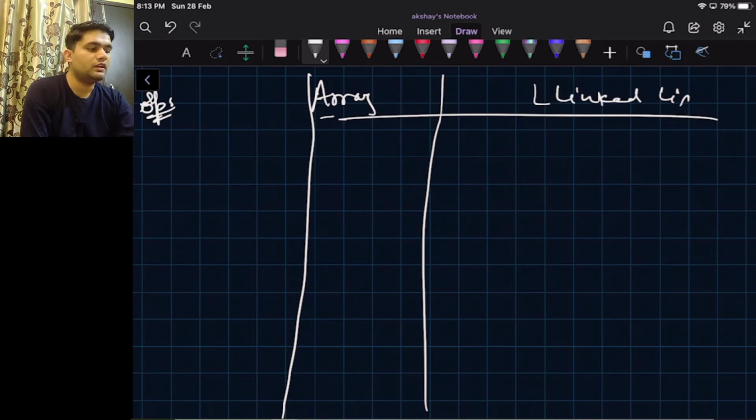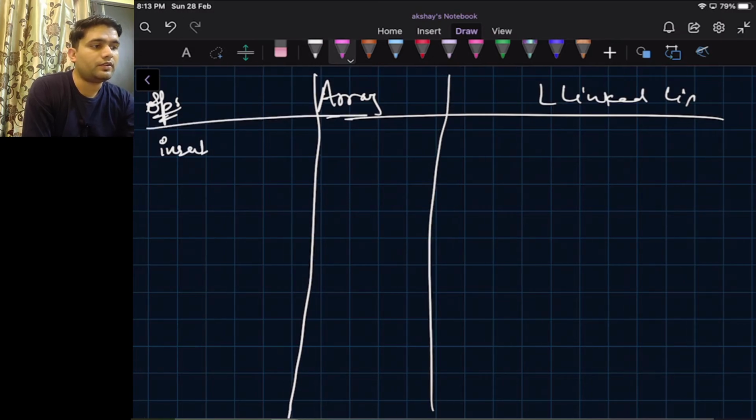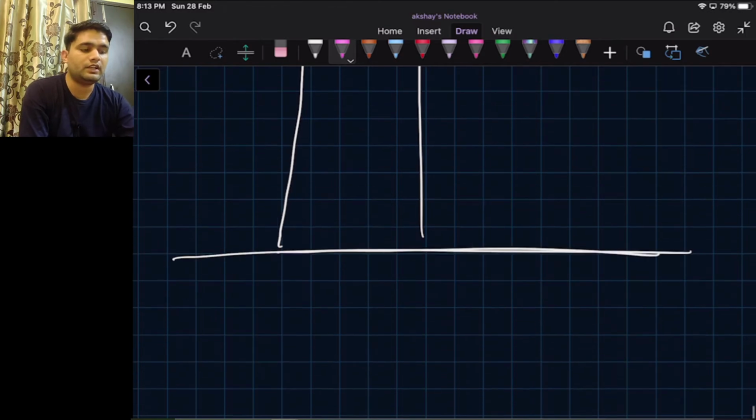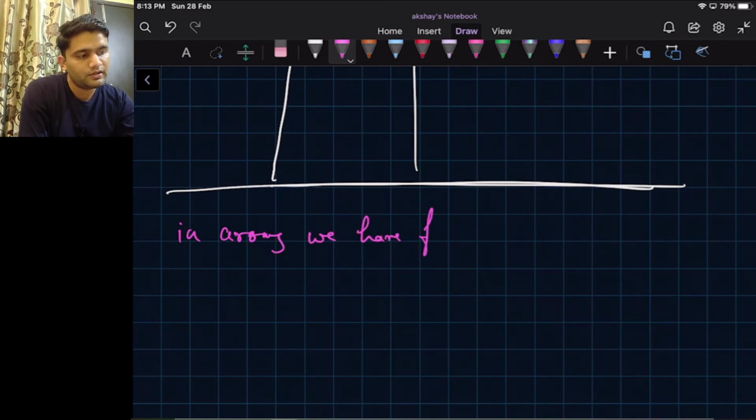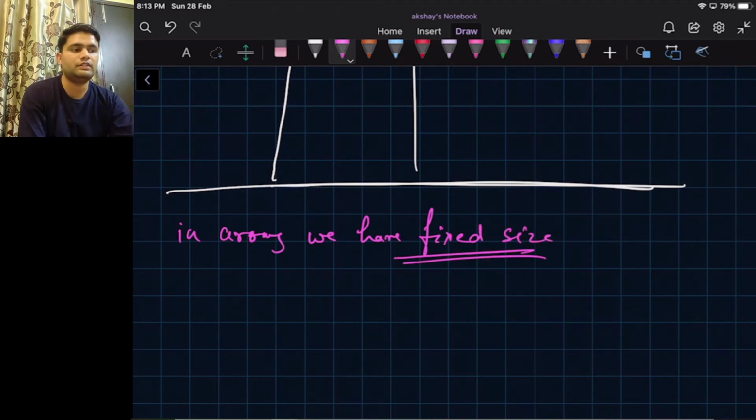Okay, insert. In an array, we have a fixed size. Suppose the array size is 10.